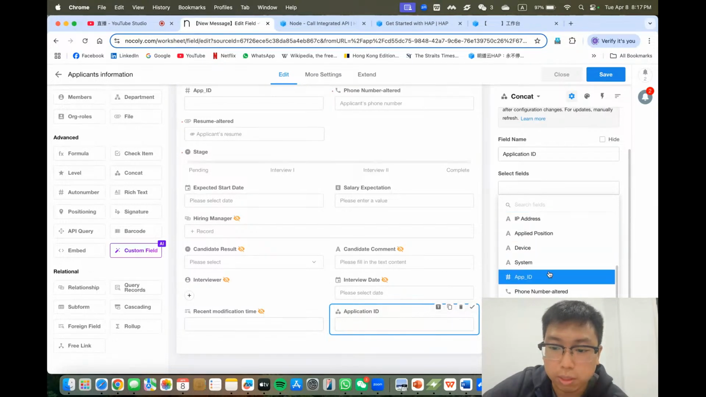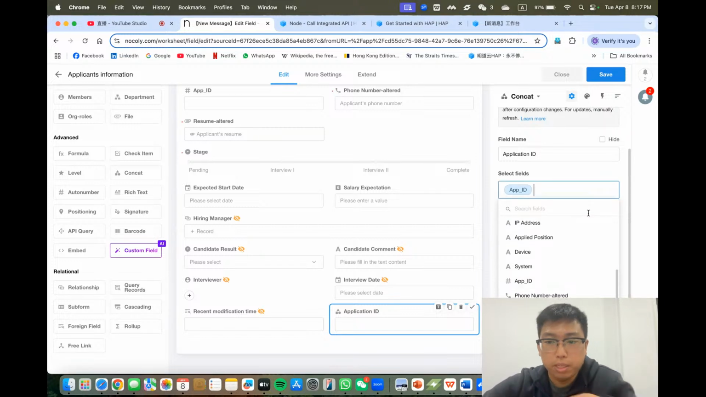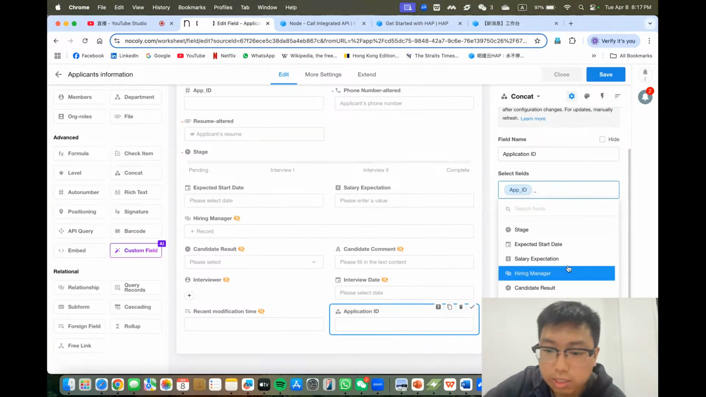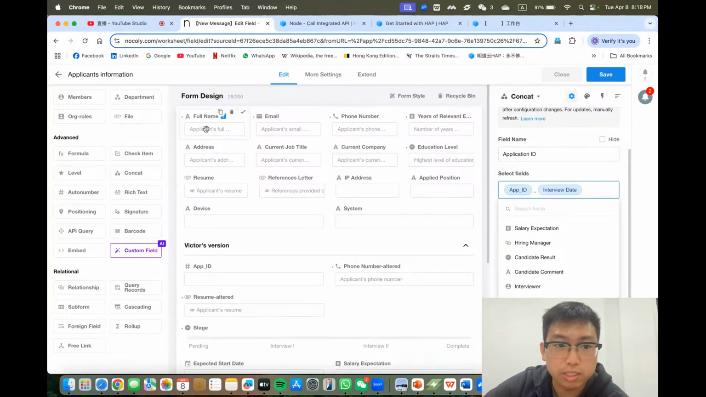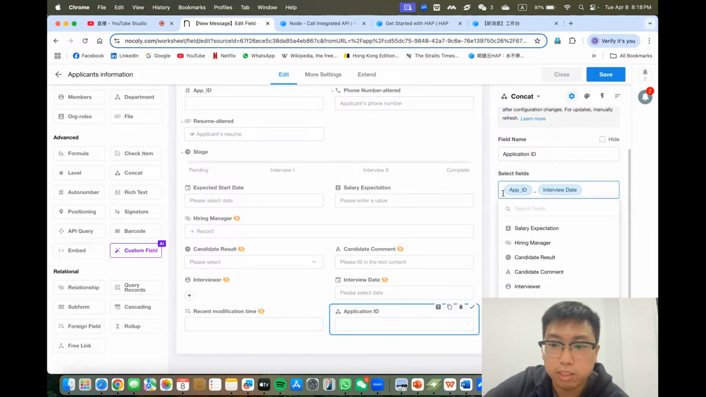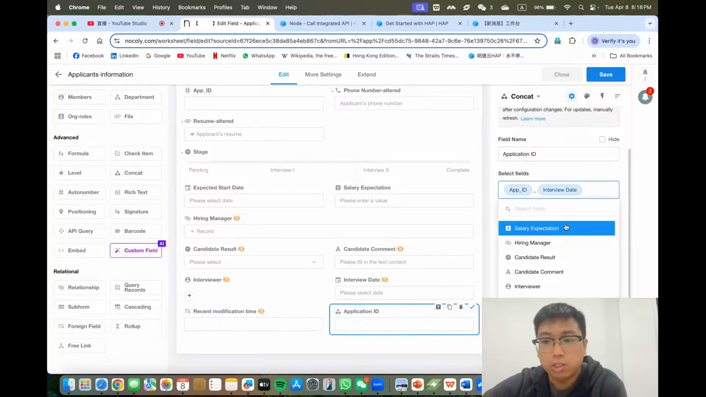So one example, maybe if I have the app ID of the candidate, maybe I would like it more than that, like app ID underscore and also the interview date. So in this case, we are able to know that this app ID is for this candidate. But after app ID, we also know that underscore interview date is the date that the interviewer will interview this person. So maybe to be more specific, I can add another field like